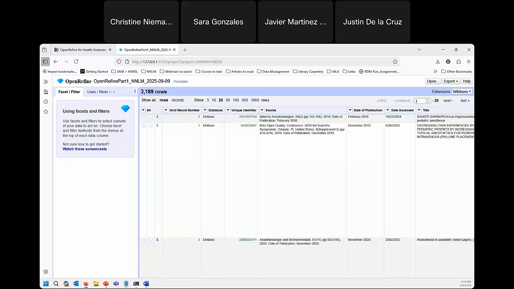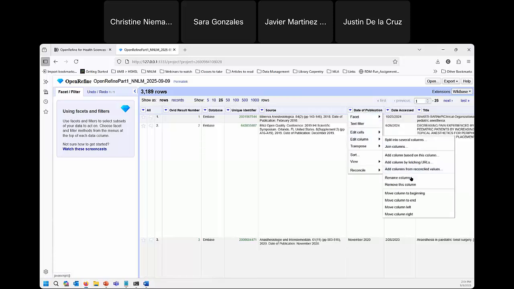So one more thing in columns is that you can also rename them. And here again, we have to do this just with one column at a time. Using my date of publication column, I can rename this column to match closer to date accessed. So using the drop down for the date of publication column, I go to edit column and then